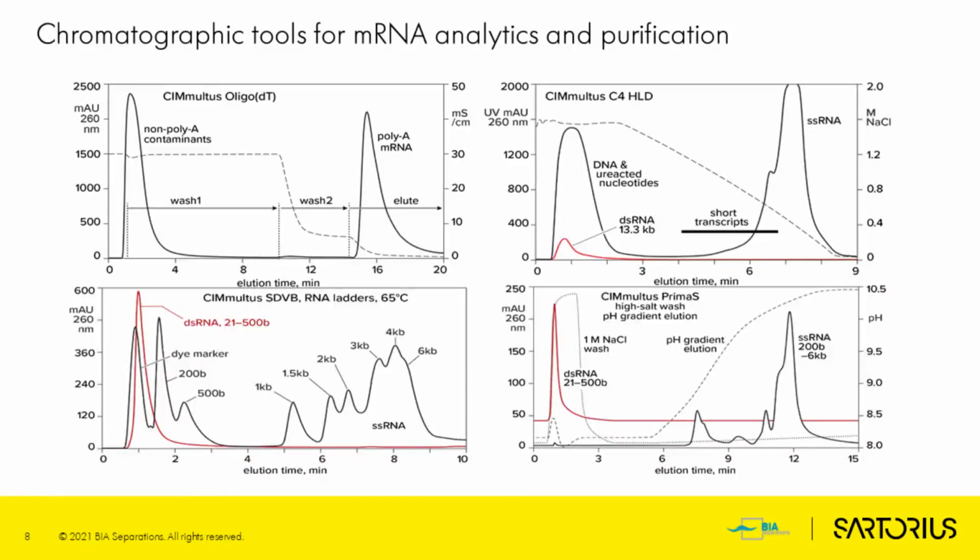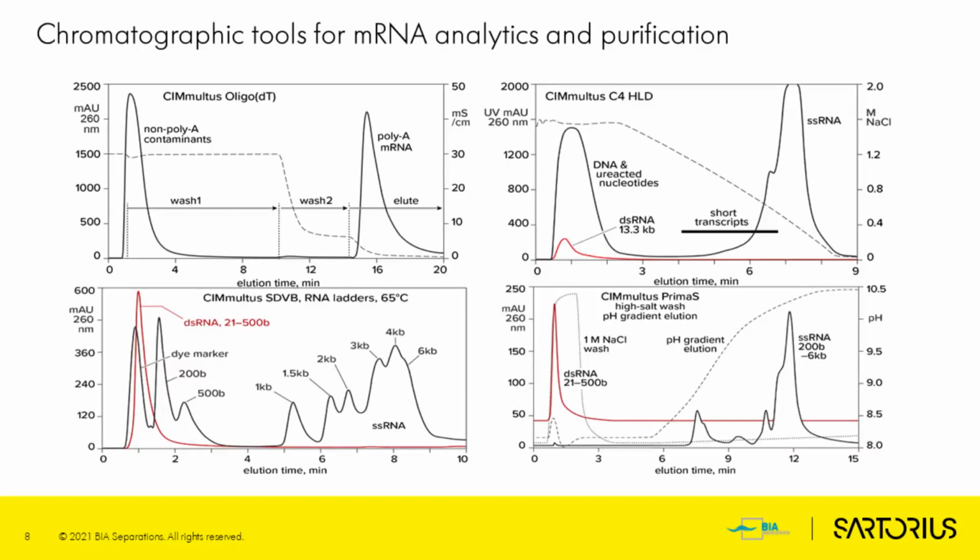So then we go to the next step, which will be the IVT and the purification of the IVT mix. And when it comes to mRNA purification, there would still be some residual proteins coming from the IVT enzymes. And of course, there will potentially be some so-called truncated mRNA, double-stranded RNA, and also the IVT reagents. So we have several